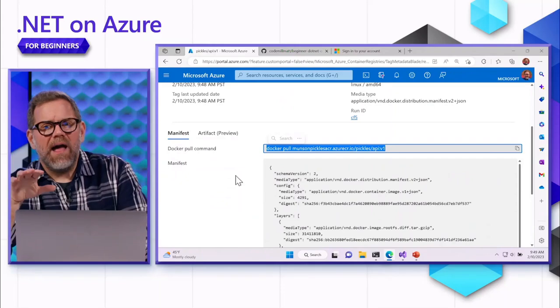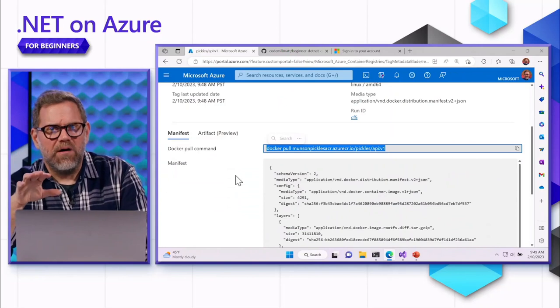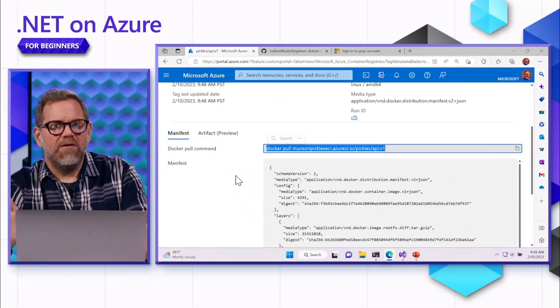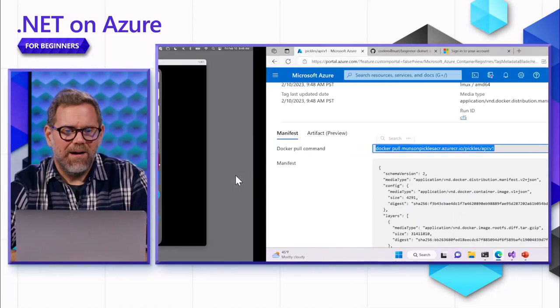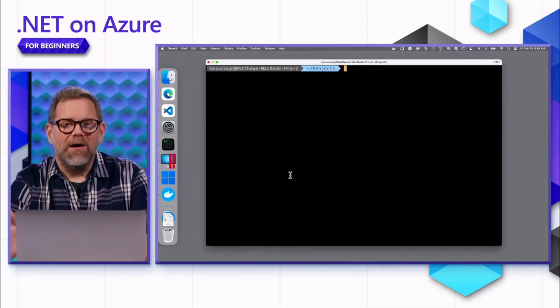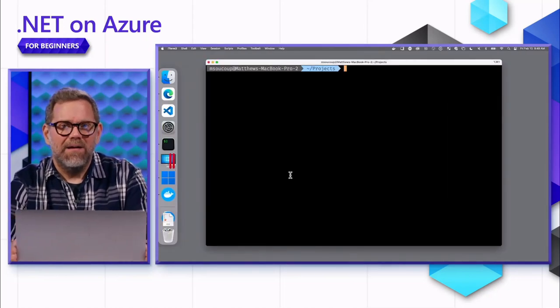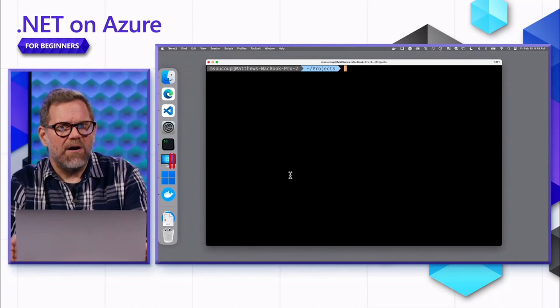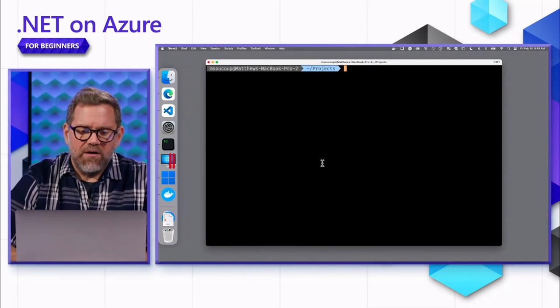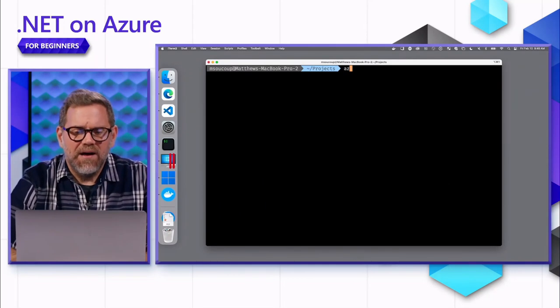Great. So before I actually deploy it to Azure anywhere, what I'm going to do is run it locally, but I'm going to run it locally on my Mac. We built it with Linux, so I'm going to run everything here on the Mac side of things. So the first thing I need to do here is, I have the Azure CLI installed locally, do an